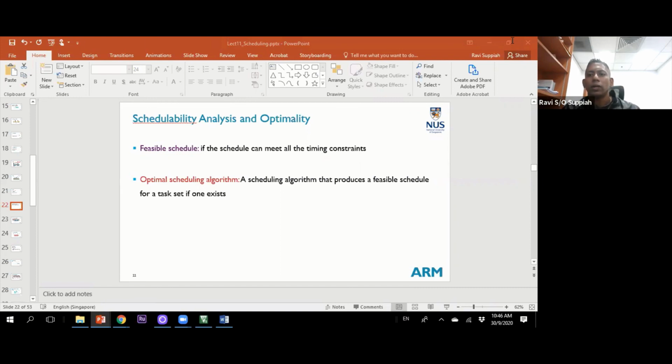Okay, so there's a question I missed. Can you explain the priority inversion? So the priority inversion problem is, okay, how do I put it? Okay, so for example, you have a